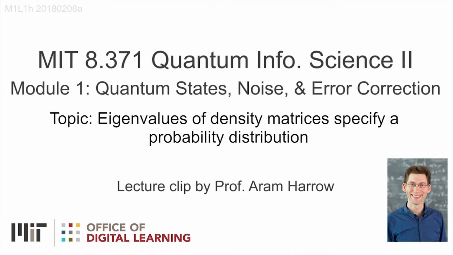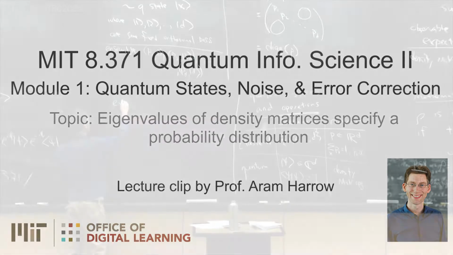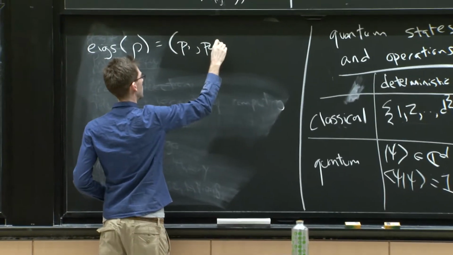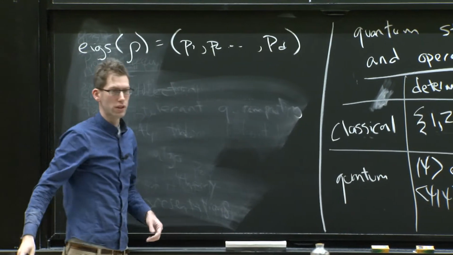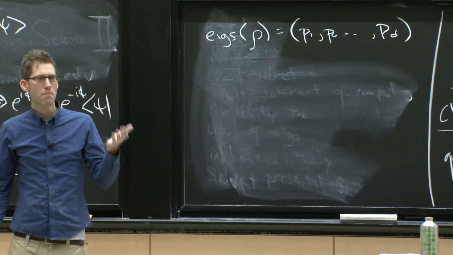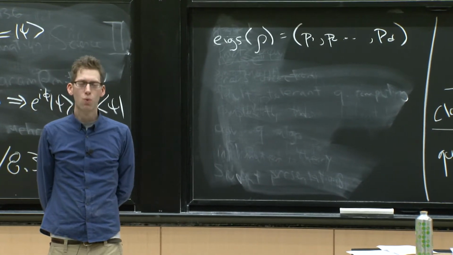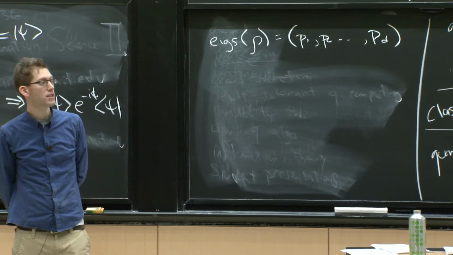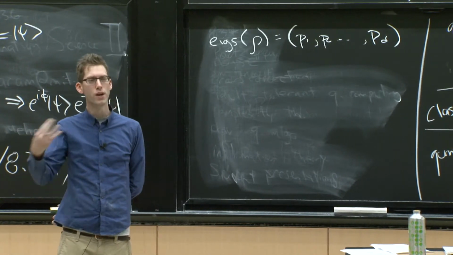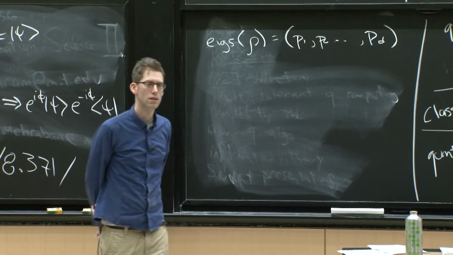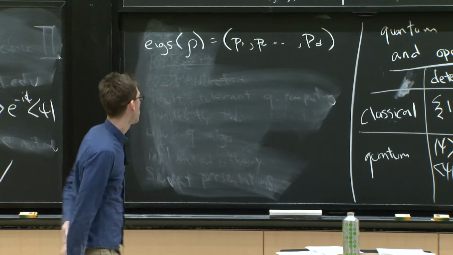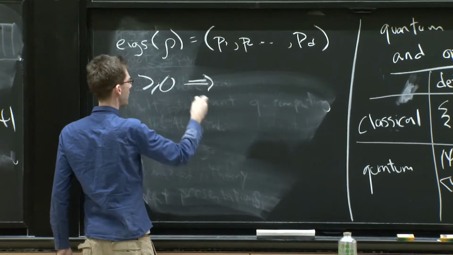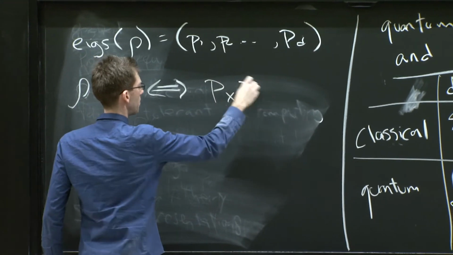So if I have rho of this form, the eigenvalues of rho are just the vector of probabilities. So when I demand that rho is positive semi-definite, what does that say about P1 through PD? What does that condition that rho is positive semi-definite imply about the P's? Yeah? Right. It implies, in fact, is equivalent to each Px being greater than or equal